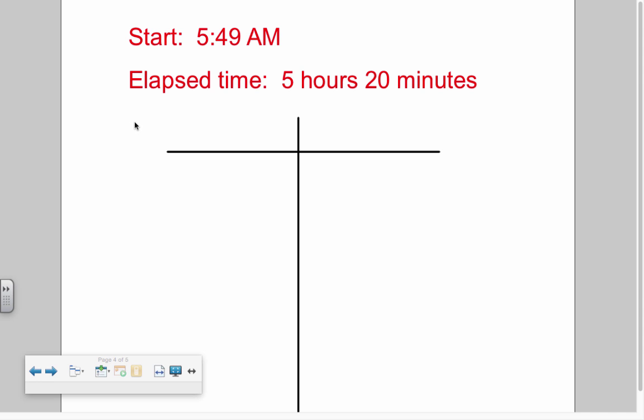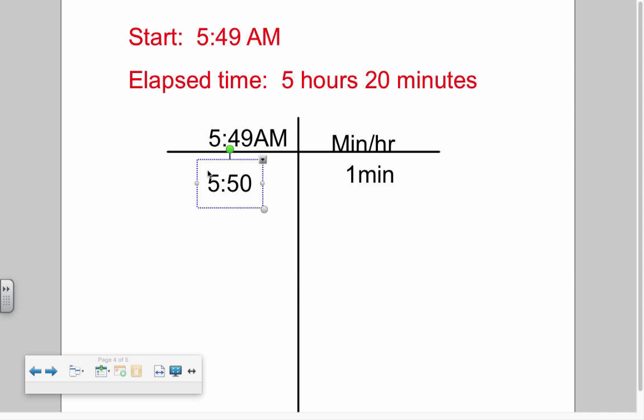It gives me my start time of 5:49 a.m. My elapsed time is 5 hours and 20 minutes. I'm going to do the same thing using the T-chart. 5:49 a.m. Over here, once again, is going to be my minutes or my hours. Remember, counting up, it's easier to use increments of 5. So I am simply going to go 1 more minute, and I'm now going to be at 5:50. Much easier to count up. Now I need to go 5 hours longer. So over here, I'm going to write 5 hours,